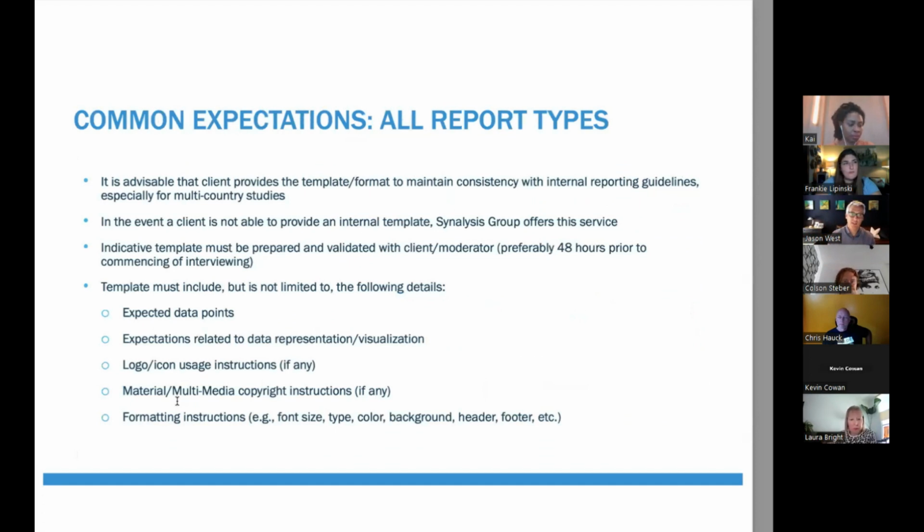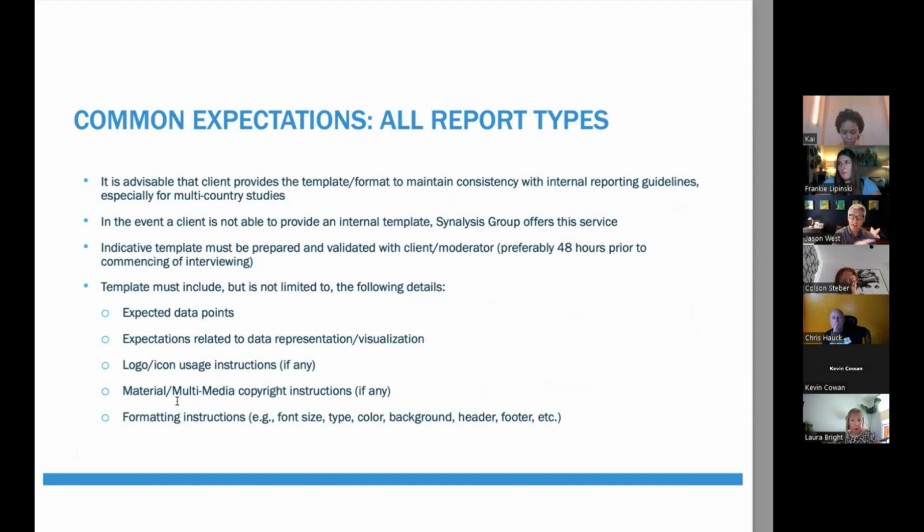High level on the common expectations. Early in the reporting phase, I like to ask for the template that they desire. Sometimes with my business, I can deliver one in my template, but often I want to make it easier for all stakeholders. So if they can provide me a scrubbed version from their Marcom division or something of the sort,